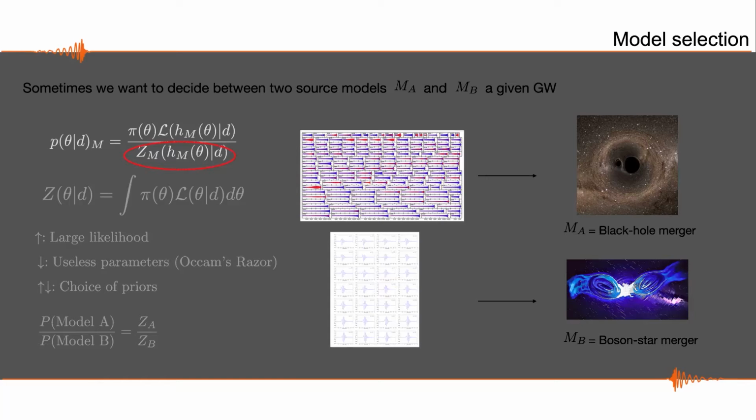Now, you cannot do this at the cost of increasing massively the amount of options you have in your model, so your parameter space, bringing in very, very useless waveforms. In this case, those are not going to give a good fit to the data. This is the mathematical realization of the Occam factor, or the Occam penalty, that you study in philosophy. I mean, you will prefer the simplest model that can give you the best fit. And things will depend a bit on how you choose your priors, but that's a different story.